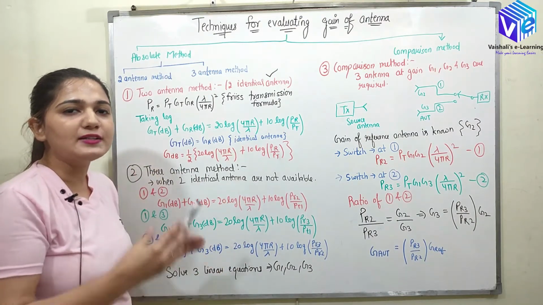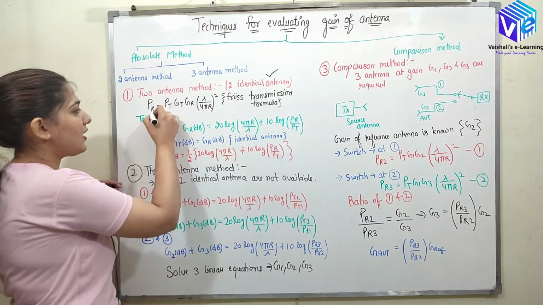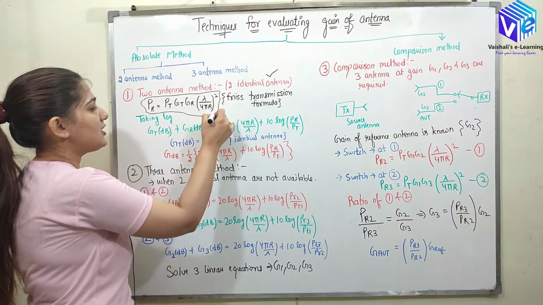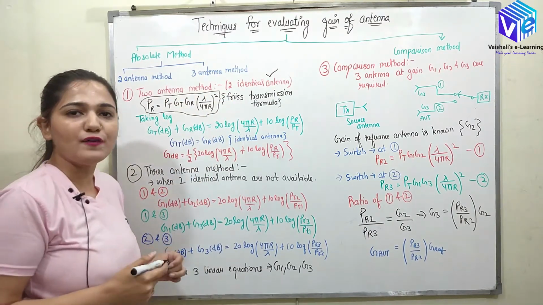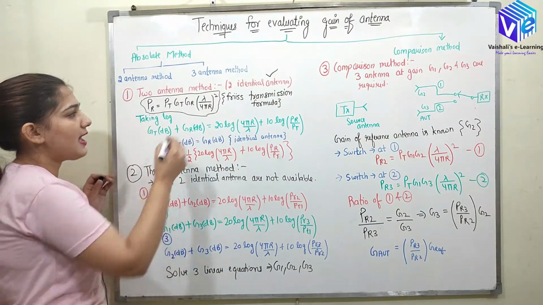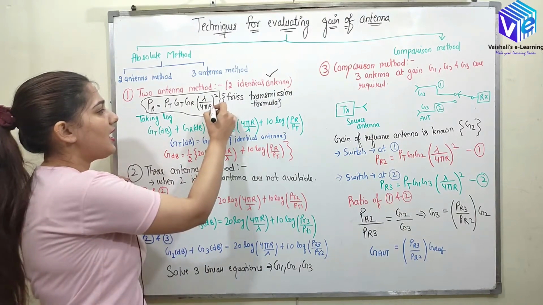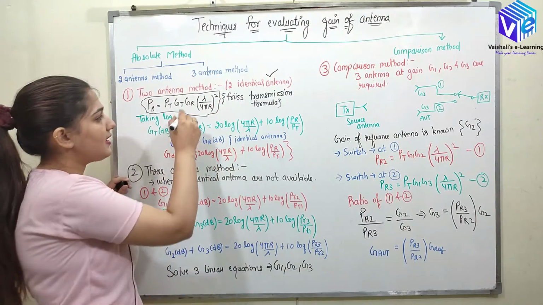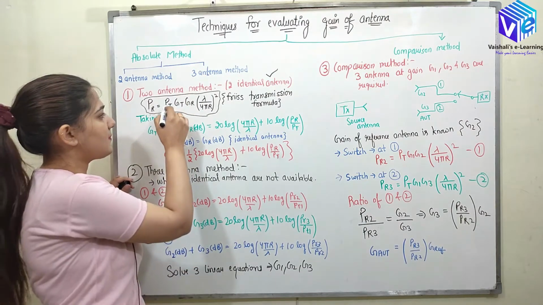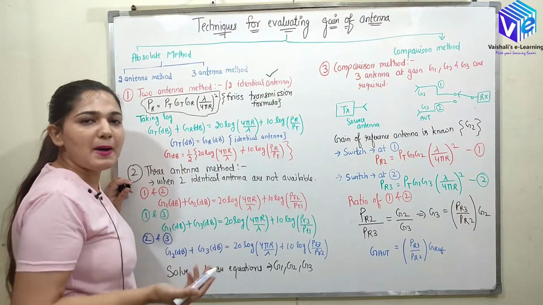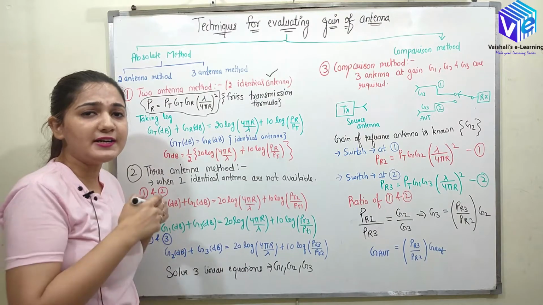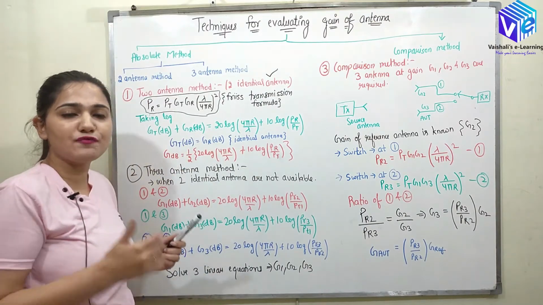If I apply the Friis transmission formula, PR is equal to PT into GT into GR into (lambda upon 4 pi R) square. So this is my Friis transmission formula. Lambda is the operating wavelength, R is the distance between the two antennas, GT and GR are the gains of the two antennas, PT is the power transmitted and PR is the power received. I hope you understood this. I have already talked in detail about the derivation of the Friis transmission formula also.